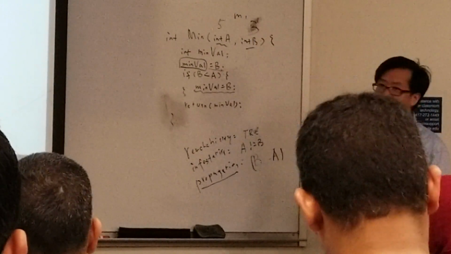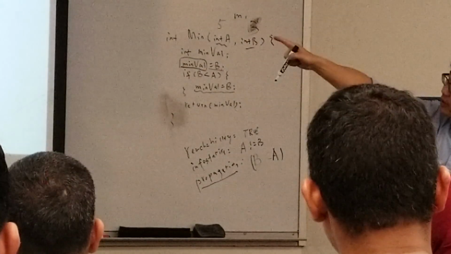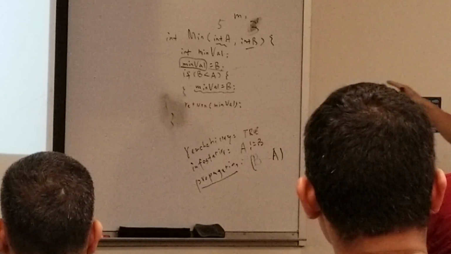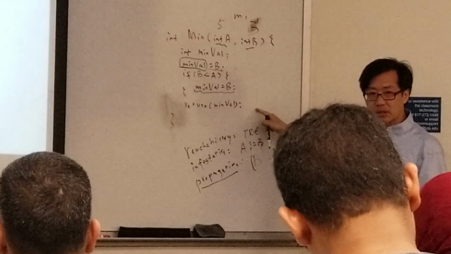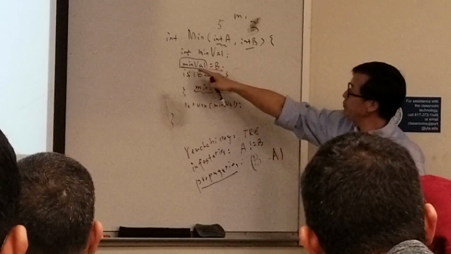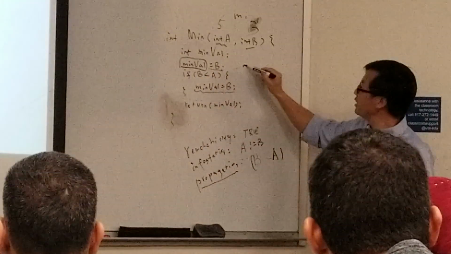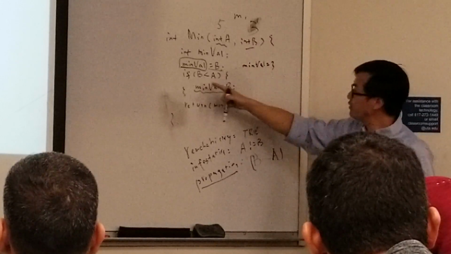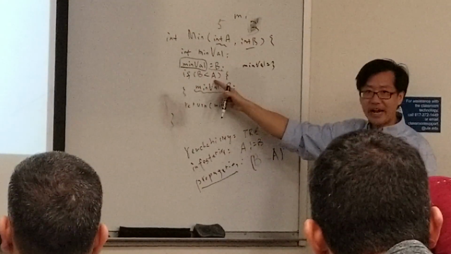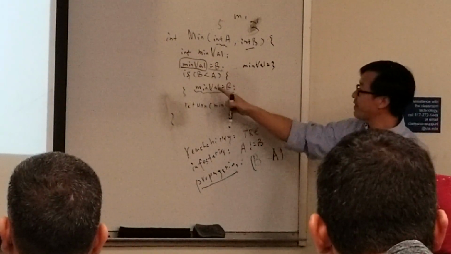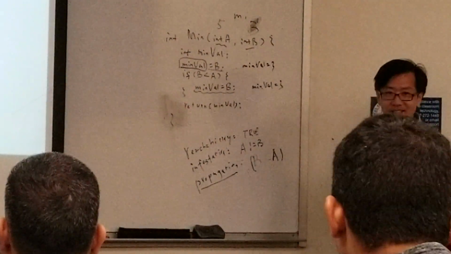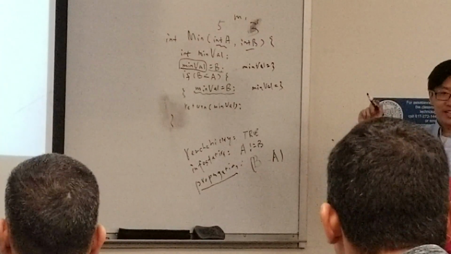You can try it. If I put 3 over here, 5, 3, and you run the original program, what do you get? 3, right? If I run it with the mutant, which has this bug, the min value over here would be 3. However, you're going to execute this incorrect value. But when you continue to execute, B is 3, A is 5, you're going to execute this statement, and then the min value would be 3, and you're going to get 3 as well. So you're not going to